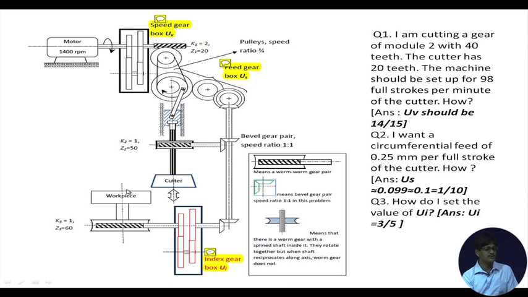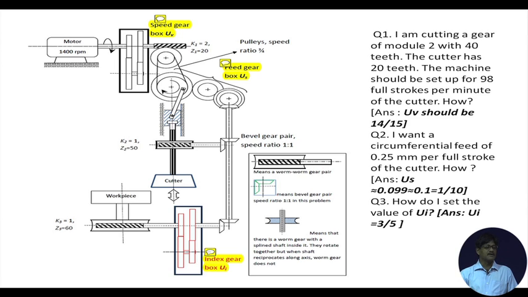And now it is a good time to solve a problem and see what sort of restrictions and other things define ultimately the gearbox ratios. Question. The question is, I am cutting a gear of module 2 with 40 teeth. So, module is 2, 40 teeth, and what I have forgotten to mention is that the gear to be cut is a straight spur gear, not a helical gear. So, a straight spur gear is being cut with module 2 and 40 teeth.